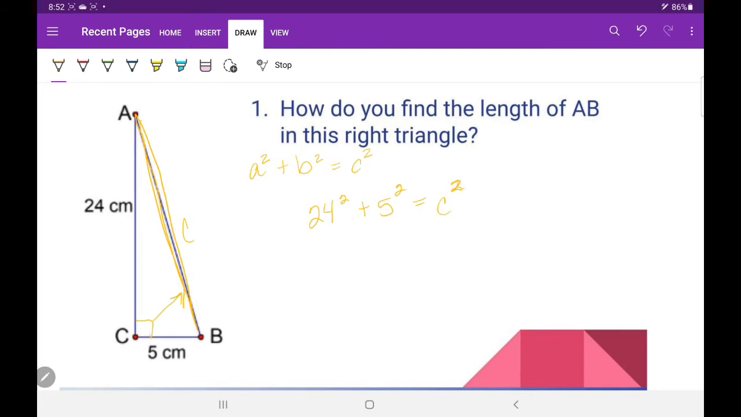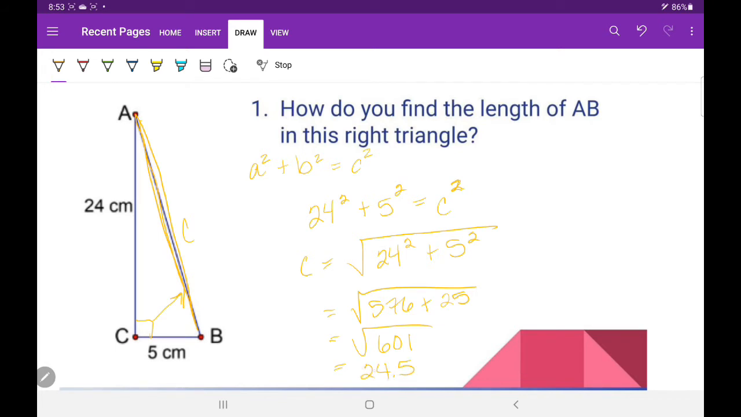So if we think that through, that means that c equals the square root of 24 squared plus 5 squared, right? So we can work that out. We've got 24 squared is 576 plus 5 squared is 25, which when we add them together we get 601. And then the question is, can we take the square root of 601? We can't take an exact value, but if we use a calculator, we can estimate that it's going to be